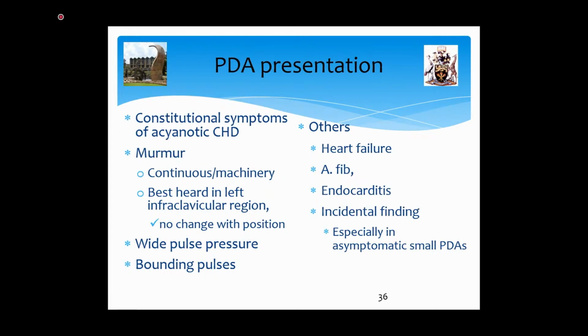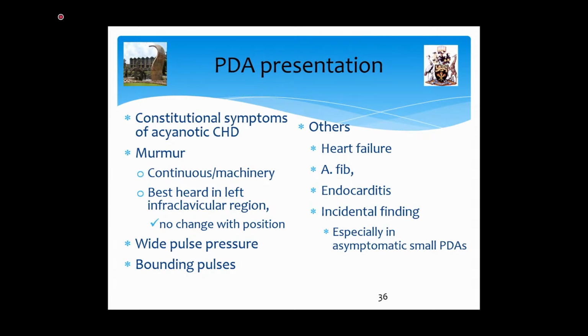So the constitutional symptoms will be the same as in a cyanotic congenital heart disease. Respiratory distress. This murmur will be continuous. It is best heard in the left upper sternal border, infraclavicular region. It doesn't change with position, because there's a lot of runoff into the pulmonary artery. In systole, the systolic pressure will be high. But in diastole, a lot of blood flows back into the pulmonary artery. Therefore, the diastolic